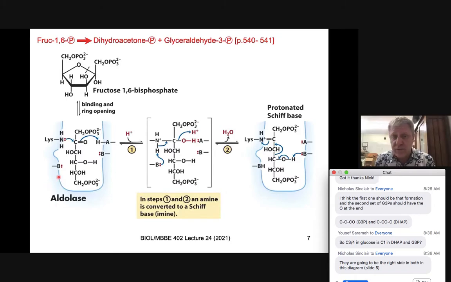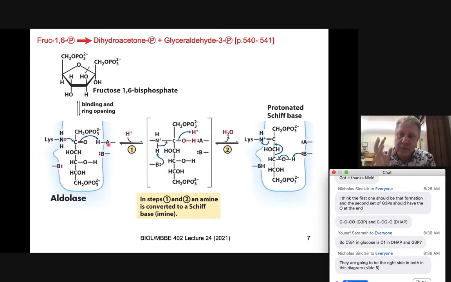Aldolase is very well known and structurally determined, and how the fructose 1,6-bisphosphate works with that particular system. It goes through a number of particular mechanisms interacting with certain acid bases which represent amino acids. So again, these represent amino acids, particularly like this lysine here, a basic amino acid, and an acidic amino acid, to give this orientation reaction the best way to move through and degrade the molecule and change it to a new form. I don't expect you to know this off by heart, but I want you to appreciate,